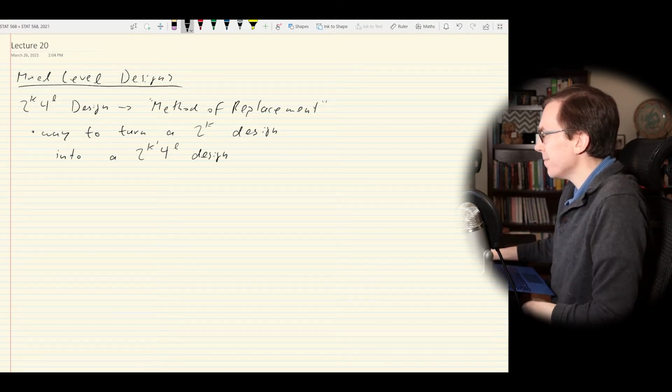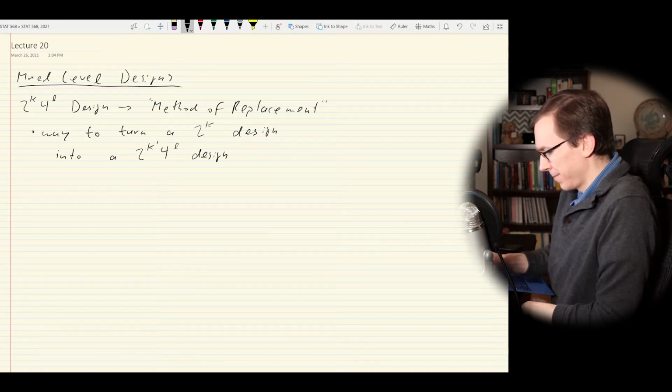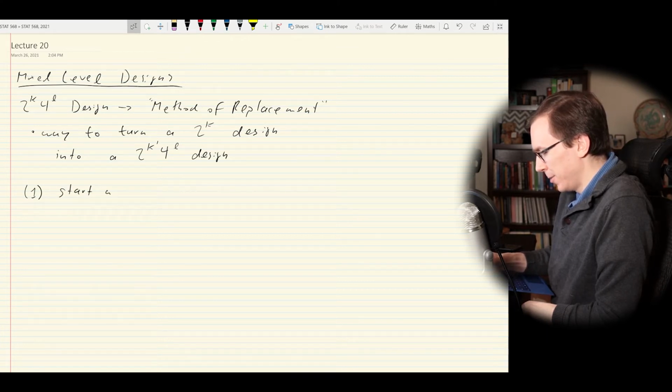So how are we going to do that? Well, roughly, the idea is that we will, maybe I'll say 1, start with a 2 to the k design. And then step 2 is pick